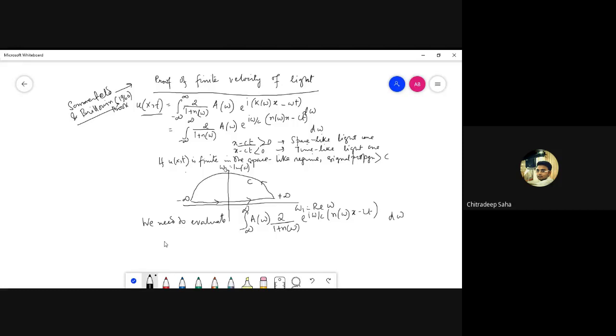Now, if we see the u(x,t) expression, which is e to the power minus i omega t. Chitradeep, we are going to go in exactly that direction. You are preempting the proof. If now let me finish that, omega is plus i omega, then that is exactly what we are going to do. Just bear with me.